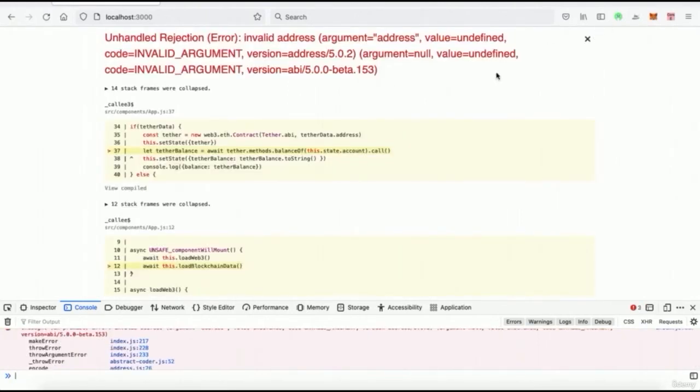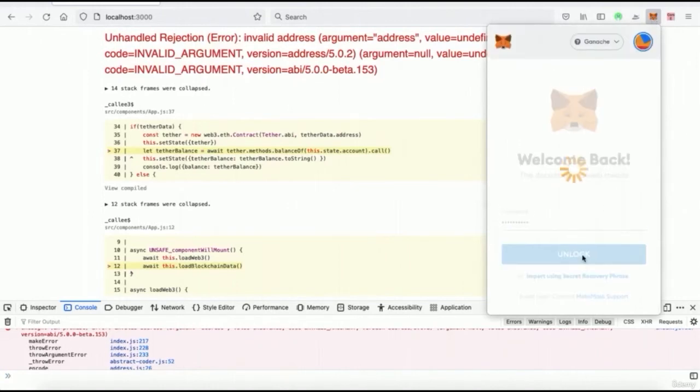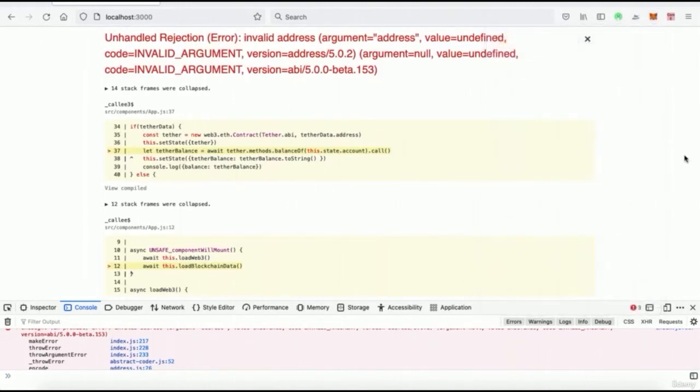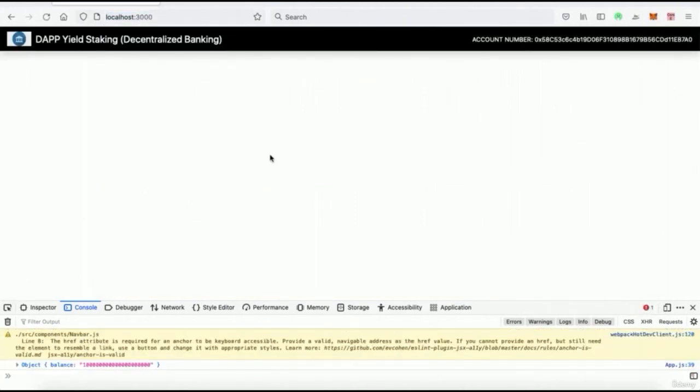And okay, error. So let's make sure MetaMask is connected. I think it disconnected for some reason. Okay, we're reconnected. Let's load this again. Okay, awesome. All right, so I fixed my errors, I loaded up MetaMask, and now we see we actually get